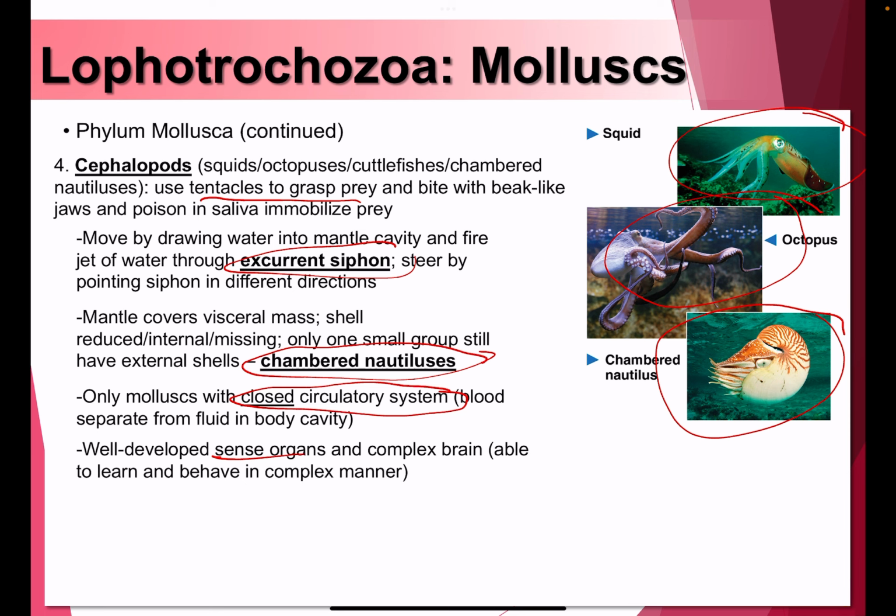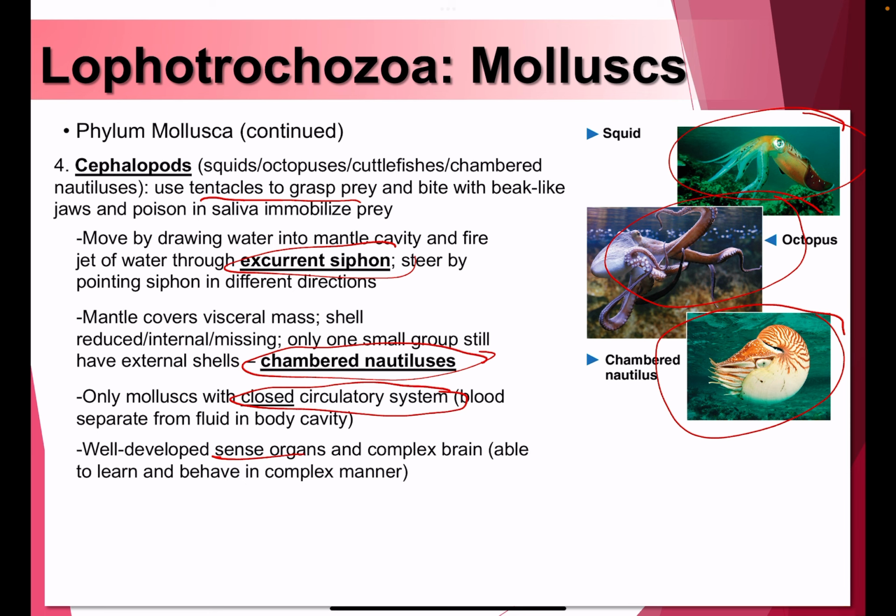They do want to go through puzzles to get their food, because if food is just fed into their mouths, they get bored. If you give them puzzles to solve, they can figure it out. Even if you've never taught them how to solve it before, eventually they will figure out how to get to the food source, maybe by squeezing through a hole or opening some place. So that's why they say cephalopods have very well developed sense organs and also a complex brain, in order to